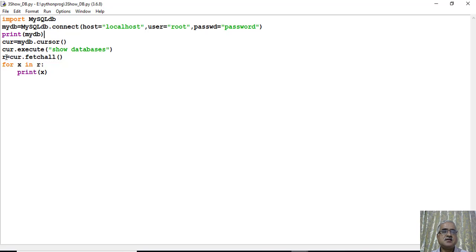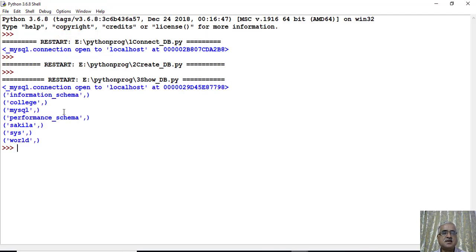This result is stored as an array in R, and we are fetching each value from the array by using a for statement, and printing it by using a print statement. Now I will run this Python script. You can see here this college database, which is created by a Python application, and Sakila, Sys, World, Performance Schema are all the default databases which come along with MySQL.